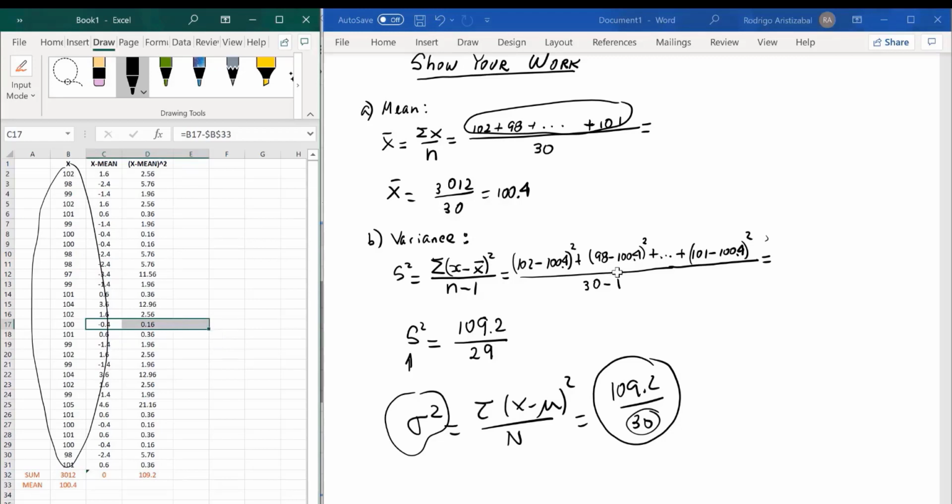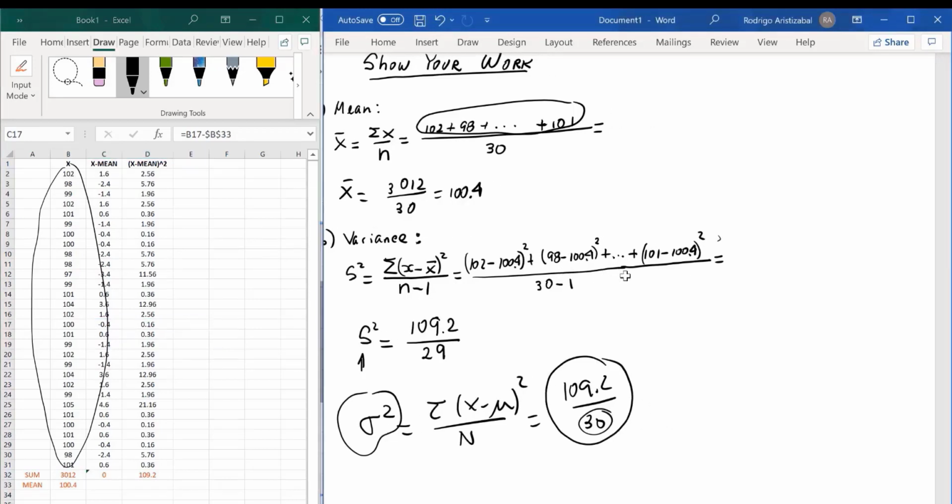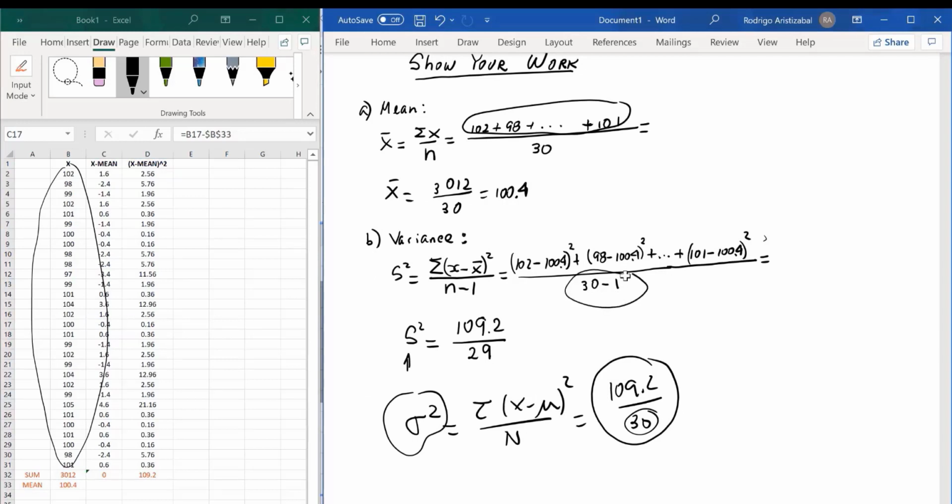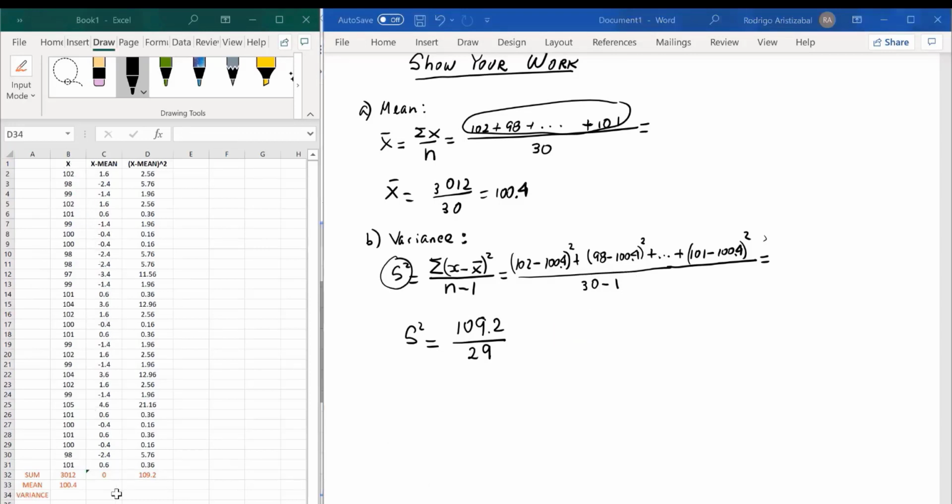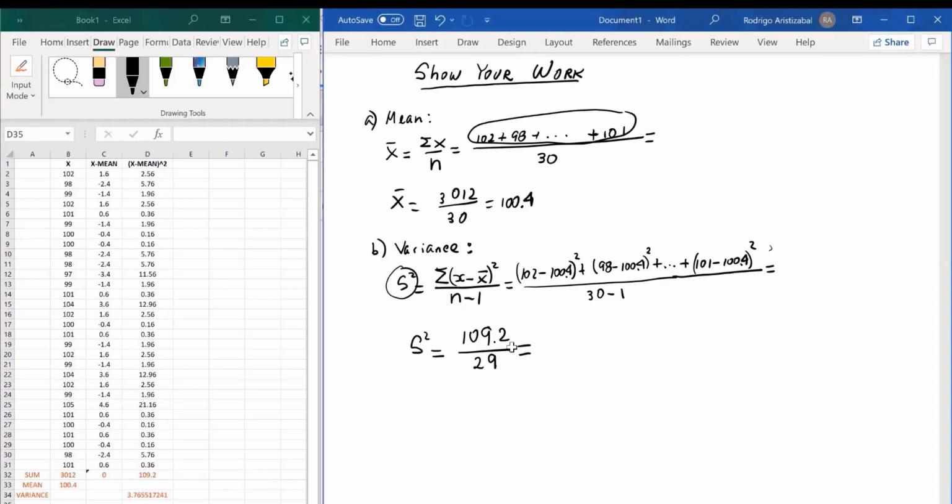Statisticians prove that when they subtract 1 unit from the total number of observations, this is a better estimator of the true variance of the population. That is the variance of my sample. Then the variance of this sample will be obtained dividing the sum of all squared deviations by 29, and that is the value that we obtain in StatCrunch. Then we can write it in our work in this way: